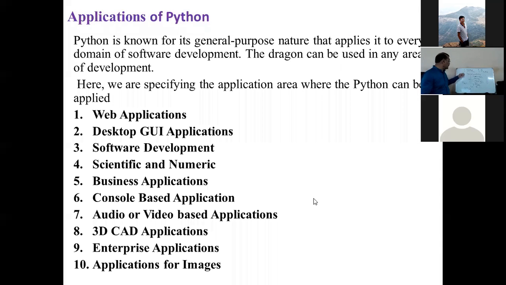So these applications that I discussed, one, two, three, four, five, and many more applications are there in software. In software engineering's first chapter, the teacher will discuss with you the applications of software. But our focus is not on the applications of software, our focus is on the applications of Python. Which are the applications of Python?